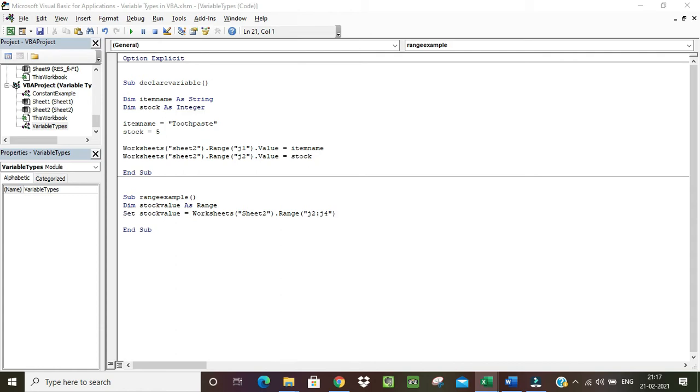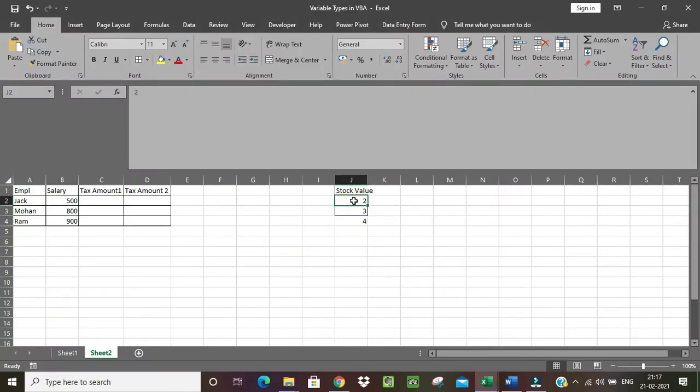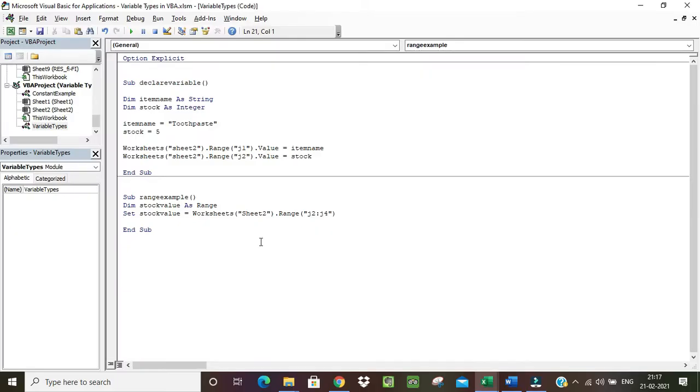So this is how we define the range. Now that we have defined the range, let's say we want to make all the values bold. Instead of writing the whole formula, defining the whole range like this, we can simply refer to stock value dot.